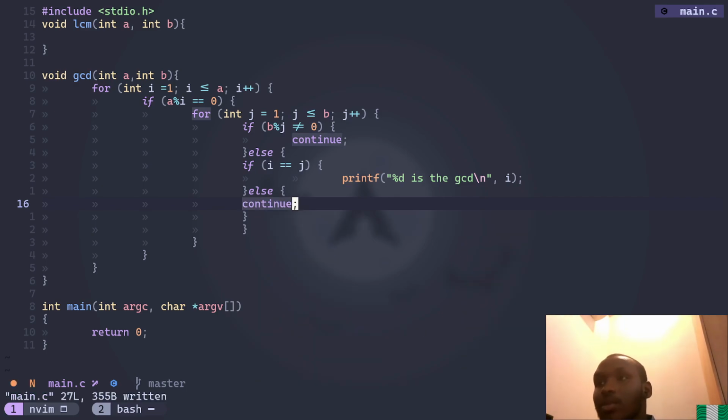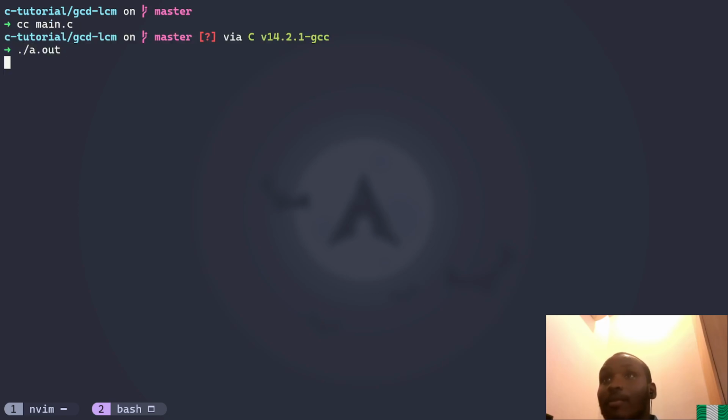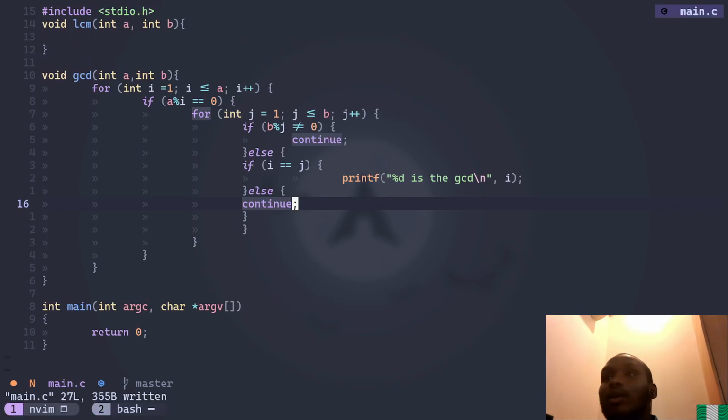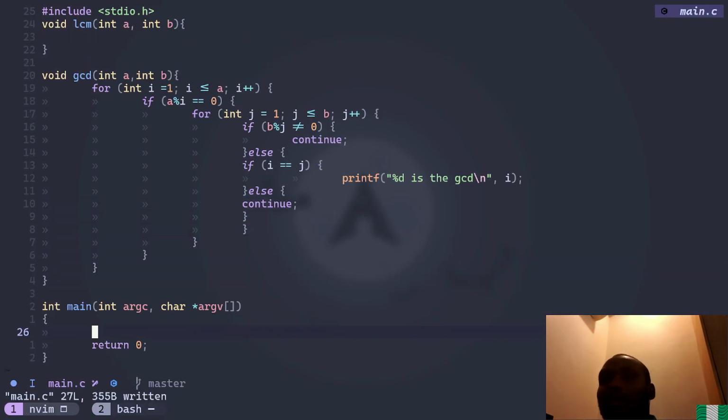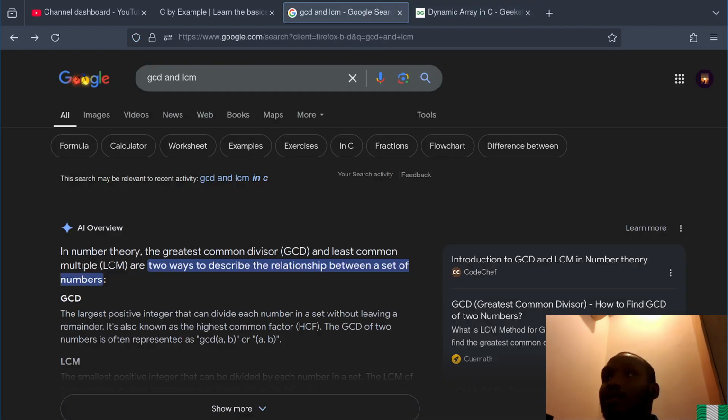What is this, bro? But see, some segmentation faults. Oh, I know, call the function. Let's go GCD. So let me see if I can get